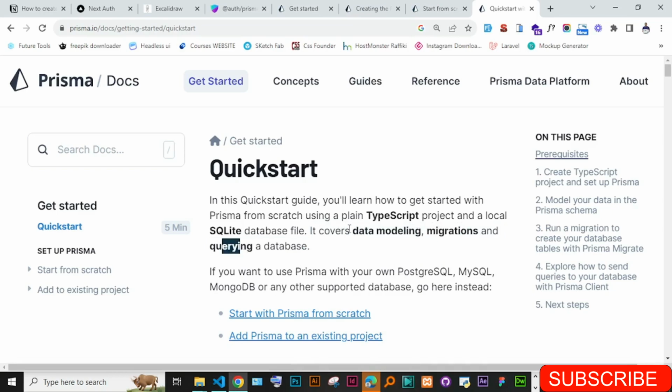You can create models and schemas using Prisma. You can also do migrations of database from one database to another, and then you can query or perform all the CRUD operations using Prisma. So Prisma is really going to be very important in most of our next projects. We are going to be using Prisma so that we can actually simplify some of these